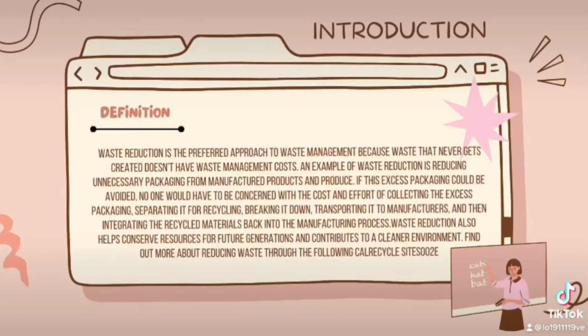Definition: waste reduction is the preferred approach to waste management because waste that never gets created doesn't have waste management costs. An example of waste reduction is reducing unnecessary packaging from manufactured products and produce. If this excess packaging could be avoided, no one would have to be concerned with the cost and effort of